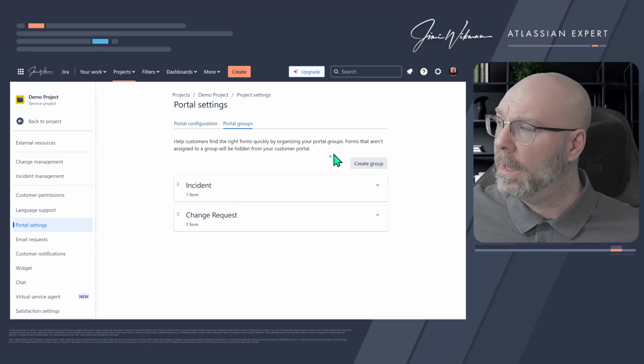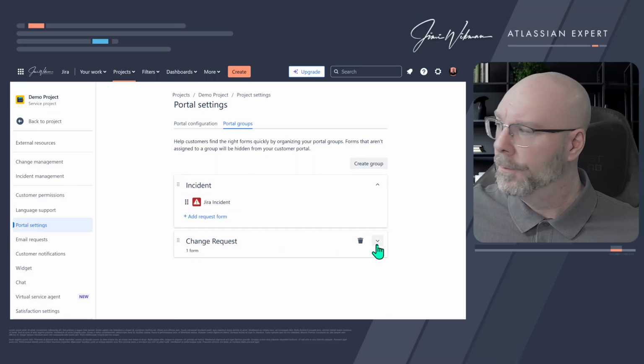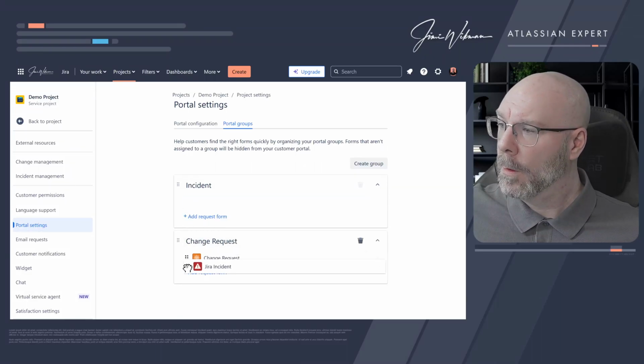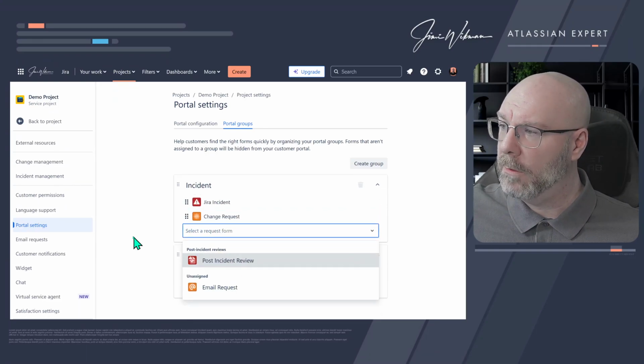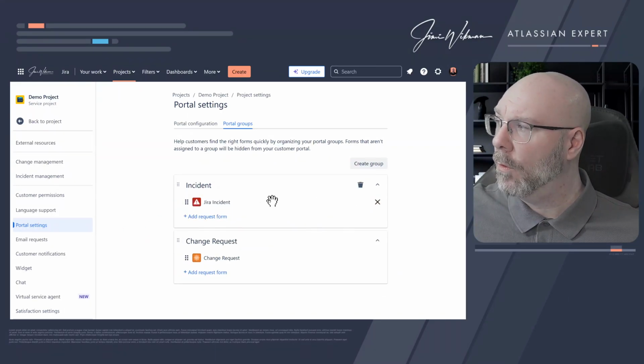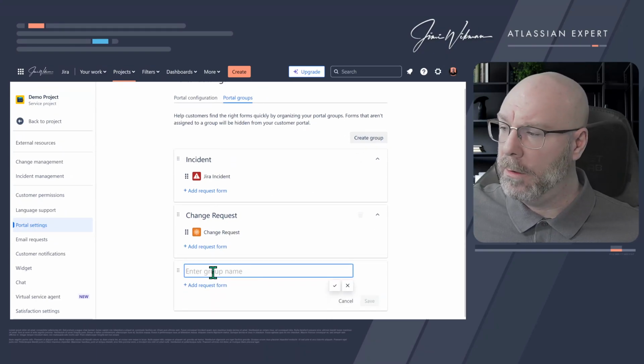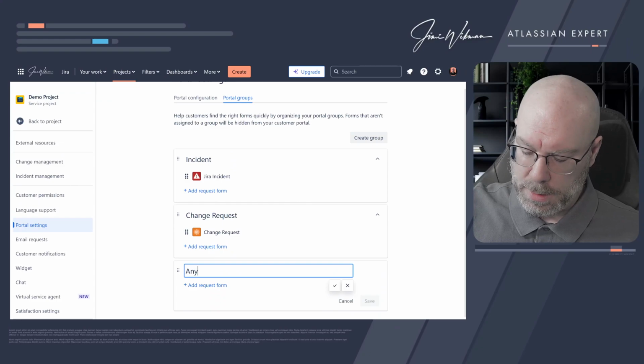So here now I can create new groups, and I can also change. I can take, for example, the incident, and I can bring it down to change request if I want. No, I cannot. I have to reassign it first. But you can rearrange them. So if I want to, I can add change request to this one, and then I can rearrange in which order they are actually showing up in. And I can also remove them, of course. So I just click on create group, and I add a new name. Any name,